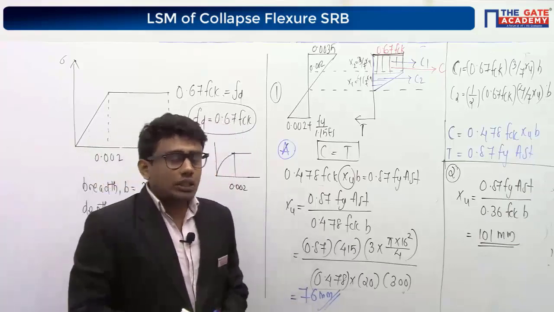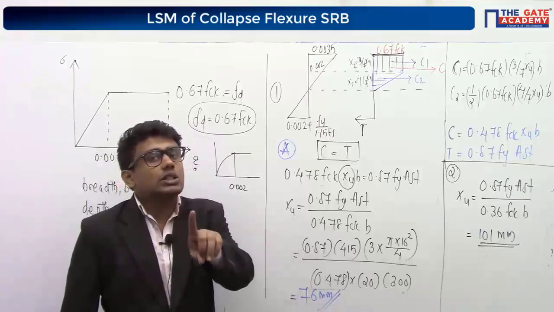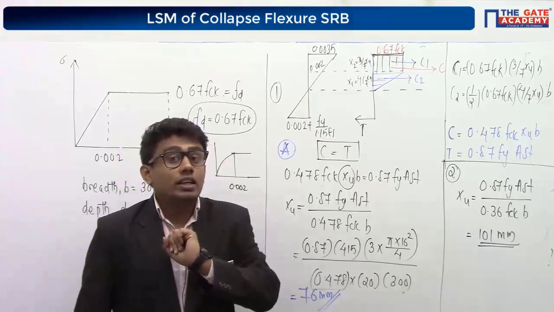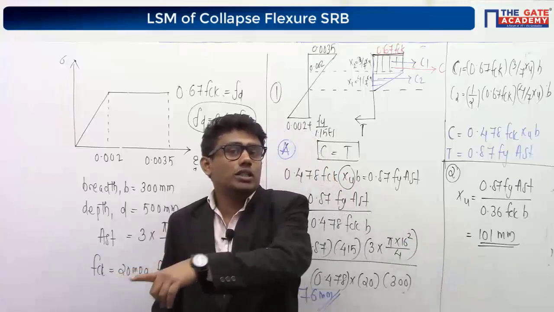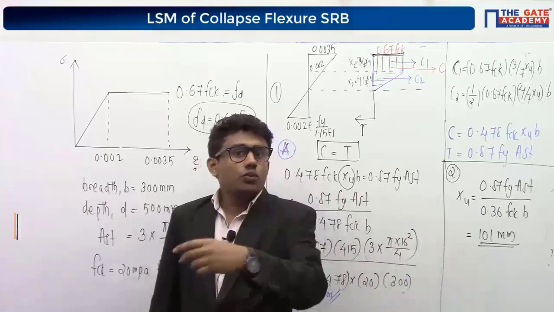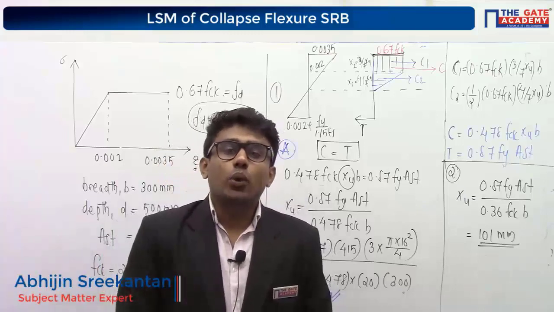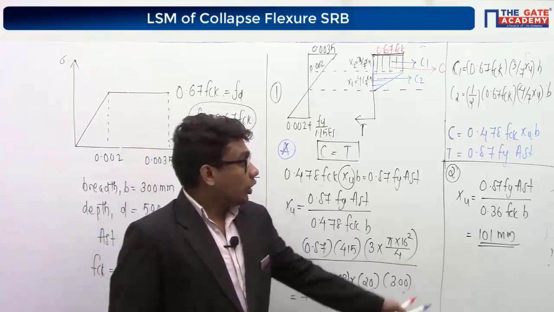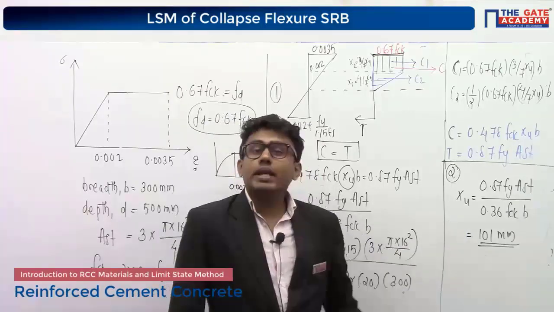Remember, he is asking you the difference between these two. Sometimes 101 will also be there in the options. Why? Because after getting this answer, your subconscious mind will automatically go to the options. You will see this 101 there in the options, you will go for that option, and you will get the wrong answer. I told you, the GATE examiner is not going to disappoint you. Read the question carefully. Many people will make this mistake. If you go with this, you will get the wrong answer.